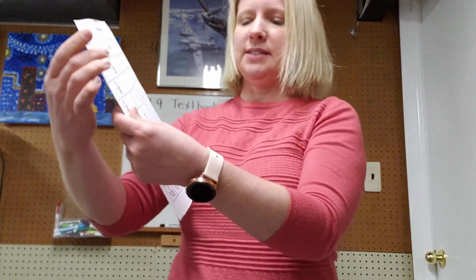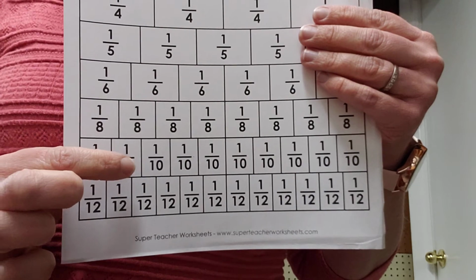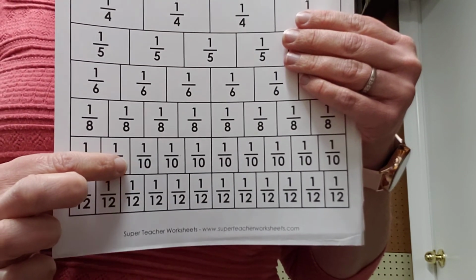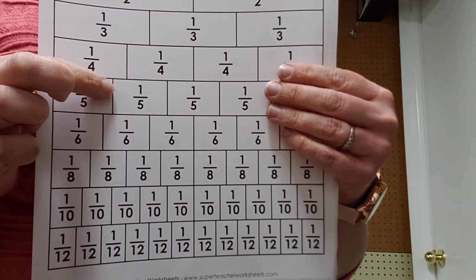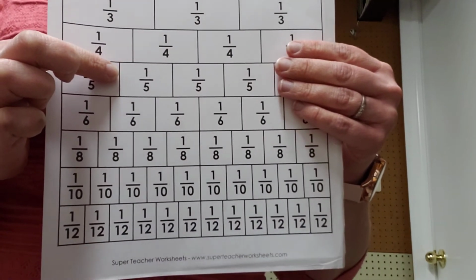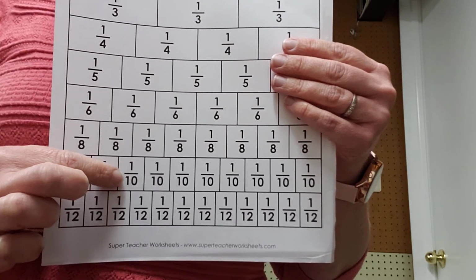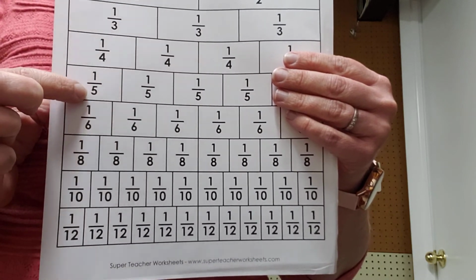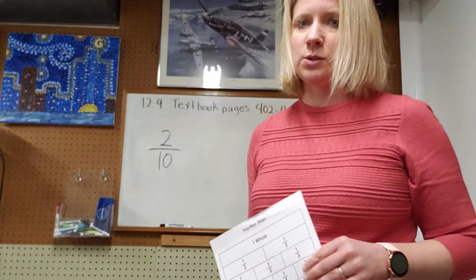Okay, so you look at the tenths on your fraction strips. There's 1/10 and 2/10. You follow that up, and you see it matches perfectly with 1/5. So 2/10 is the same amount as 1/5